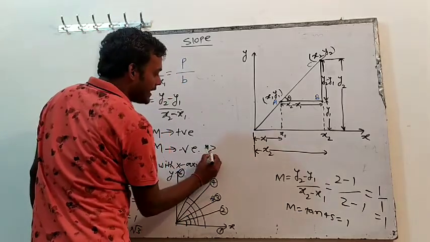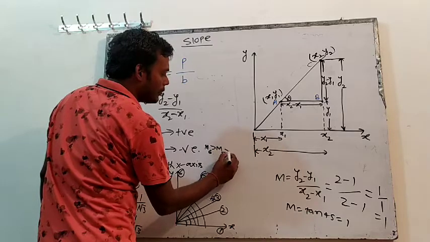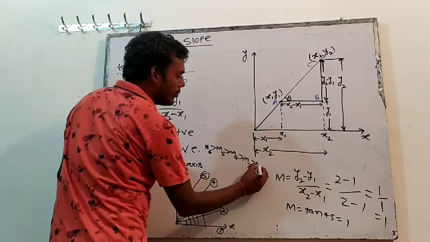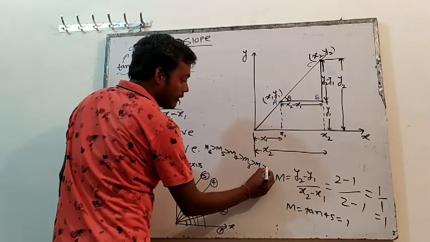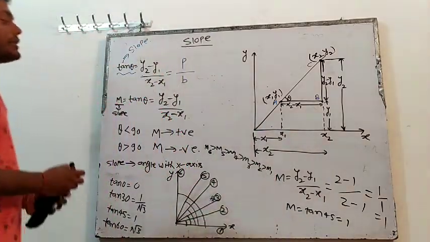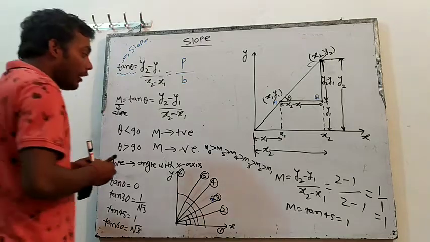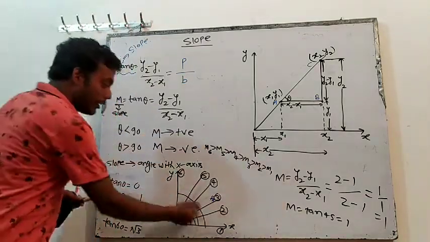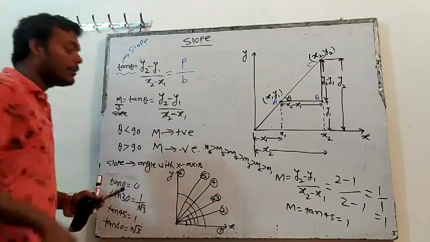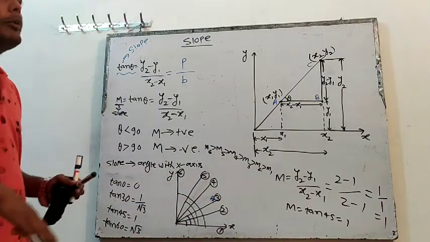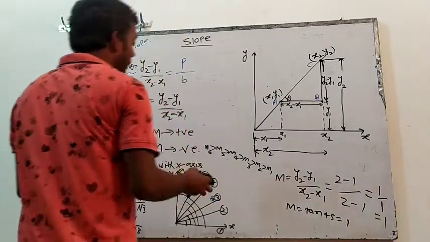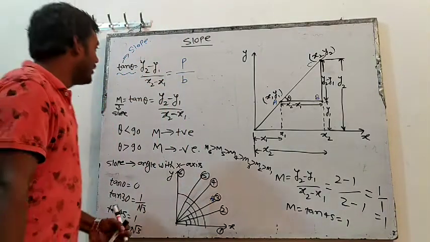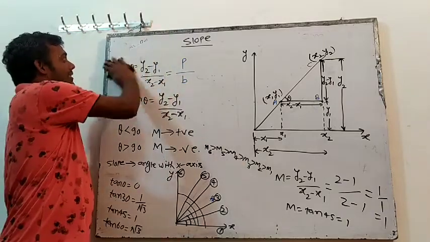Slope of sixth is more than slope of fifth is more than slope of fourth is more than slope of third is more than slope of second is more than slope of first. Right? Can you say this? Why? Because the angle of 6 is more than the angle of 5. This angle is more than this angle is more than this angle, right? If the angle is more, the slope will be more. I think the slope concept is clear. You are a champion, so you can understand it.